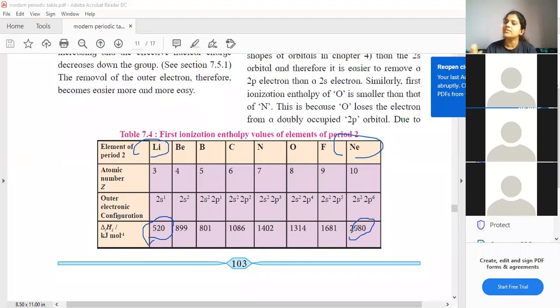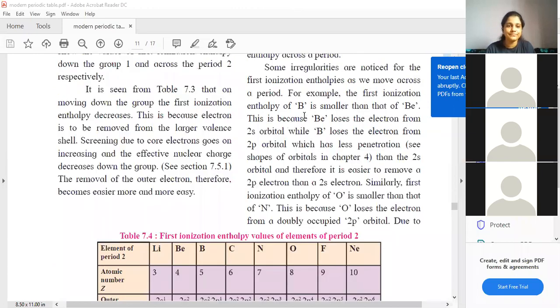Students, see, for neon, it is obviously going to be very high because neon and all your noble gases are in a stable state. They are in complete octet. So they are not going to give away their electrons because they are stable. So it's very difficult to remove. ना के बराबर ही है, ठीक है. Still, they have given a value to you all, how much energy. So you all can see across the period, ionization enthalpy is increasing. But down the group, ionization enthalpy is decreasing. Why? Anyone can come up with the answer. Try to think.